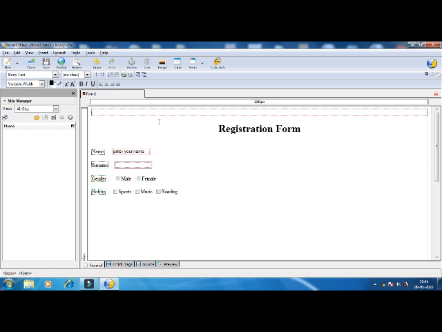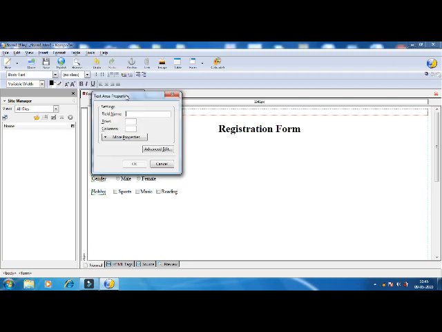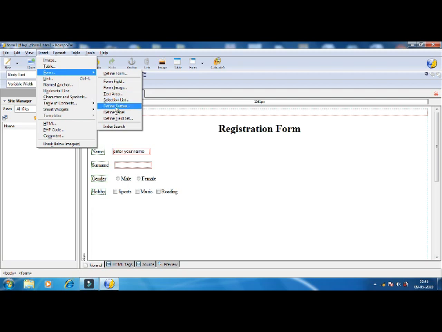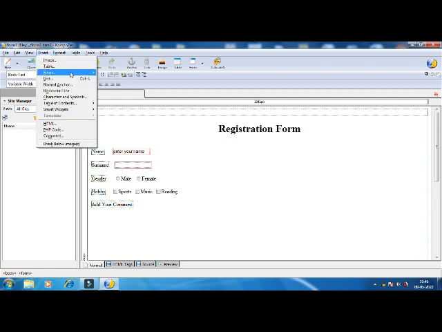Now a new type of element, that is text area, we are going to insert for comments. So text area we have selected. The label we are going to give is add your comment. Now after this label we are going to insert a text box that is larger than a normal text box.